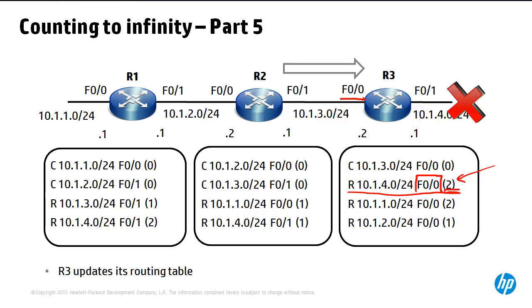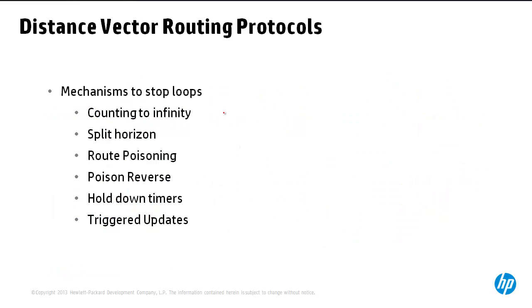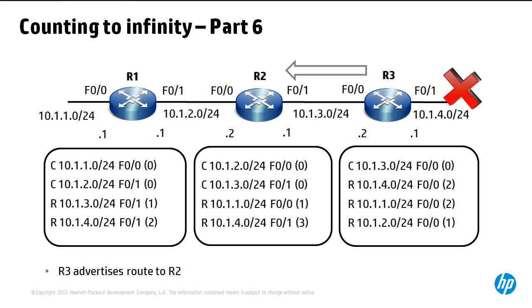Now you may be thinking, well, this shouldn't happen because of split horizon. Now split horizon is one of the mechanisms to stop this behavior. These are the mechanisms to stop loops from taking place. But if these mechanisms hadn't been built into the routing protocol, you would see issues similar to the one I'm demonstrating here. Now because there's a 15-second differential between the updates, 15 seconds later, router 3 sends an update to router 2,